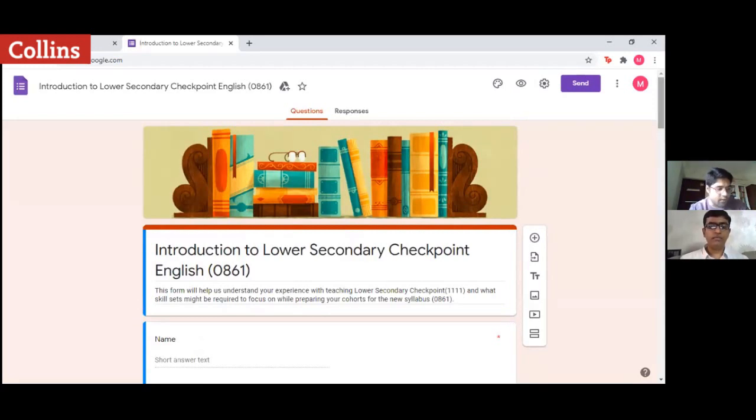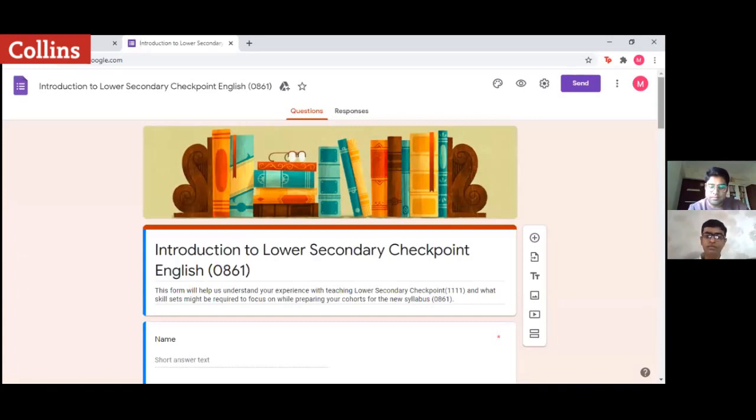And I would request, Manish, if I may interrupt you over here, I would request the participants on board to even write to me at my email ID and let me know which are the elements of IGCSE English, both for first language and for second language English, you want me to take up. Which components in detail you want a session on, so I can definitely work on that. And I'm sure Manish sir will help me organize a session on that.